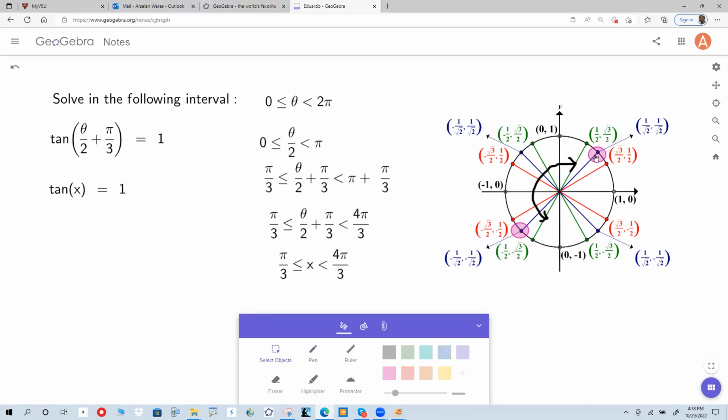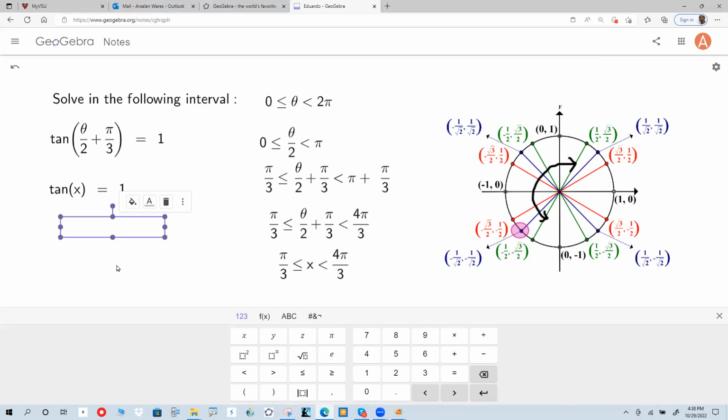So I'm going to go back, and I'm going to get rid of this. I don't need it. This is not a solution. In the right range, pi over 3 to 4 pi over 3, there is only one solution, which is pi over 1, 2, 3, 4, 5. I think if you count it carefully, it's going to be 5 pi over 4. So very carefully, we're going to write it down. X must be 5 pi